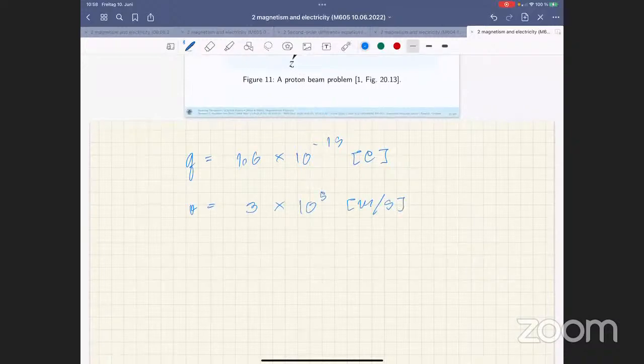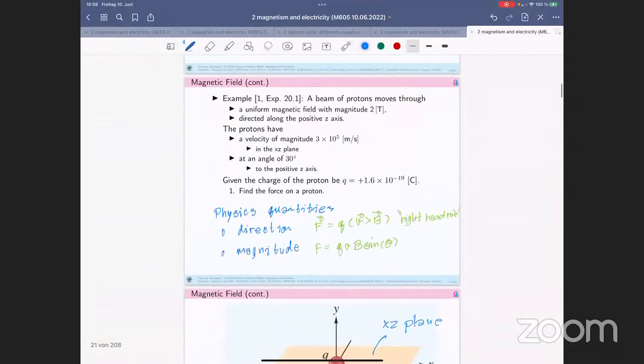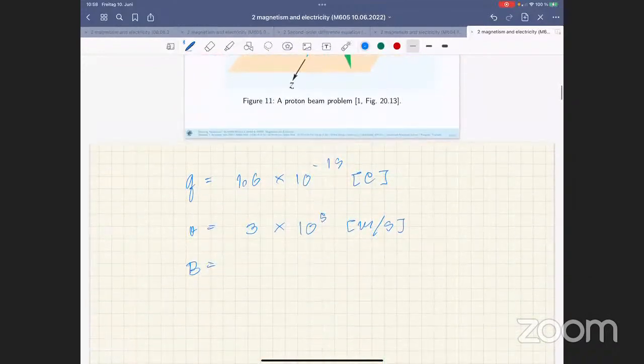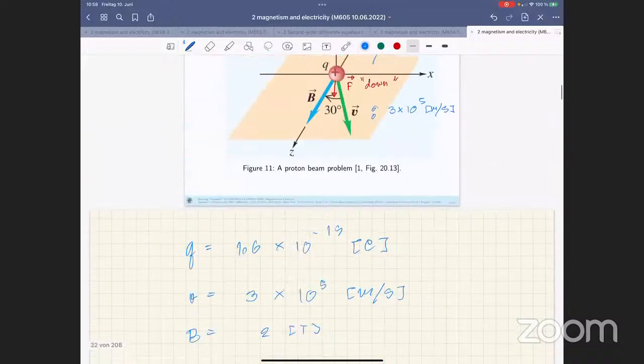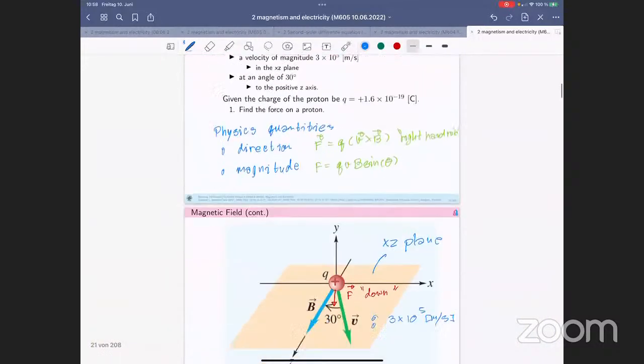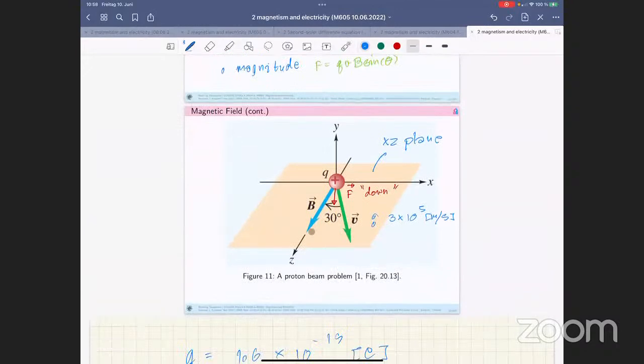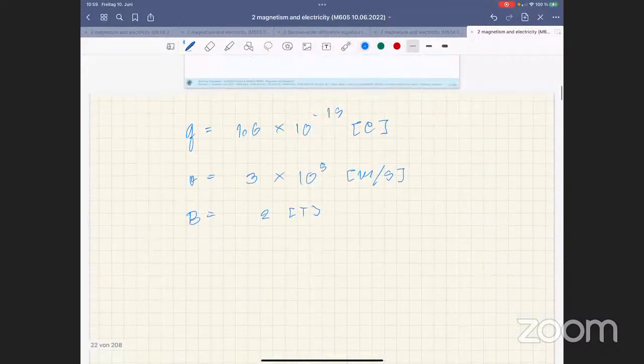The third quantity, the magnetic field density, is 2 Tesla. And the last one is the angle between V and B. Here they have provided the angle theta. Theta could be 30 degrees, or if you prefer radians, it could be pi